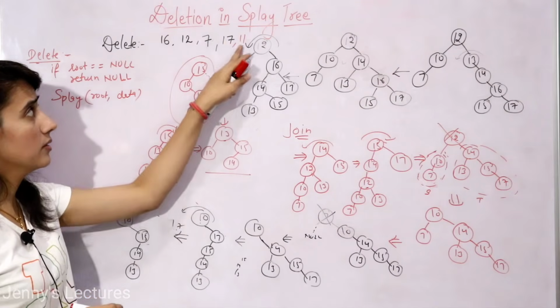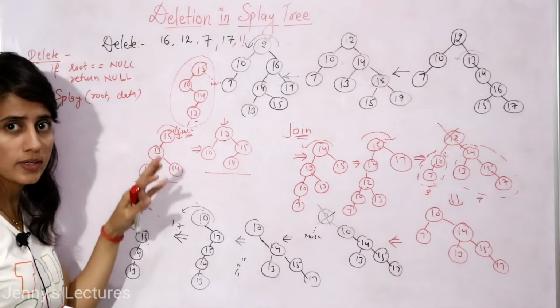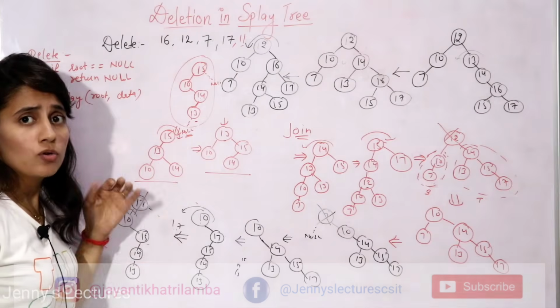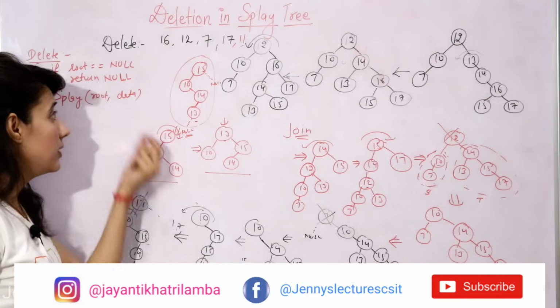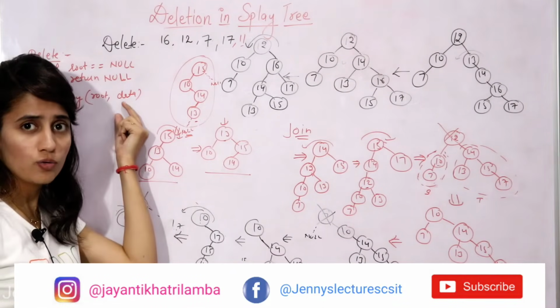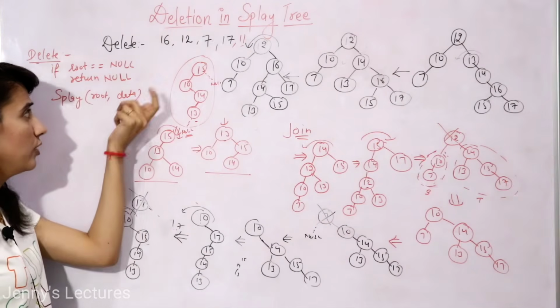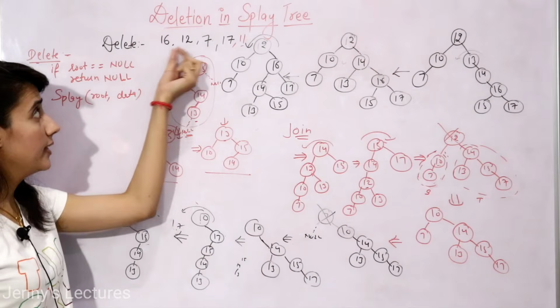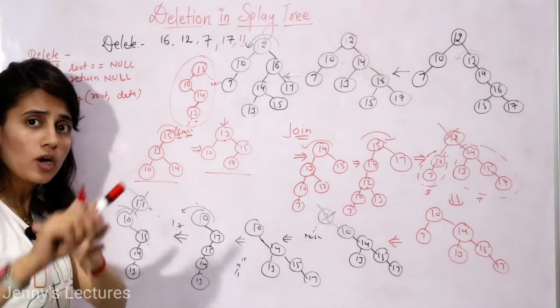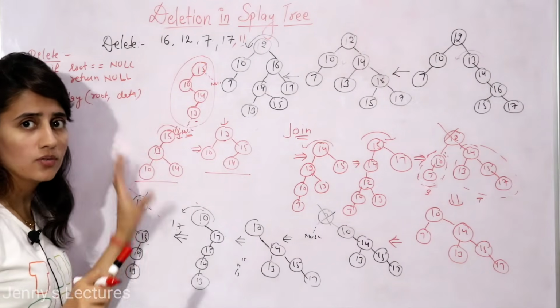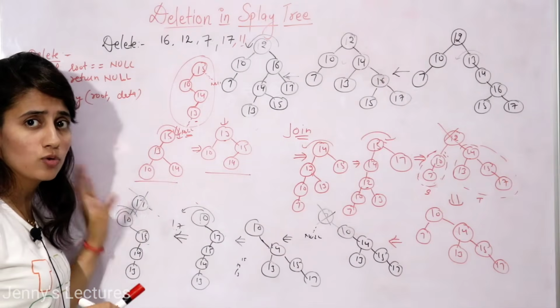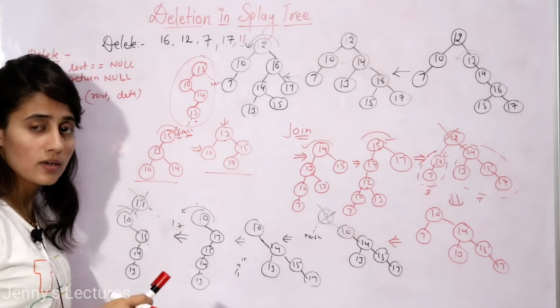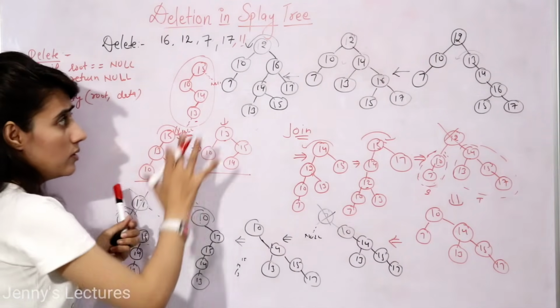The data is 16 here, so I will pass the data, or it depends how we are going to implement it. You can pass the address as well, or you can take both as pointers, or here you can take this as a pointer and this as a simple variable that contains the data, right? It all depends on how you are going to implement. I am just writing a general case. I am not saying that this algorithm would be correct, right? I am just writing down the steps.